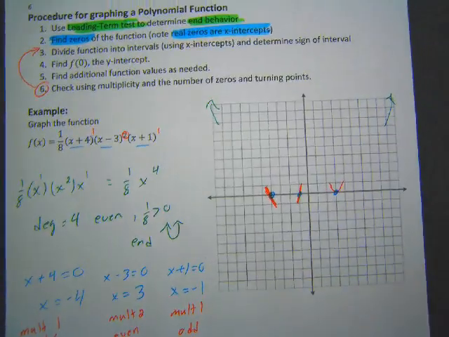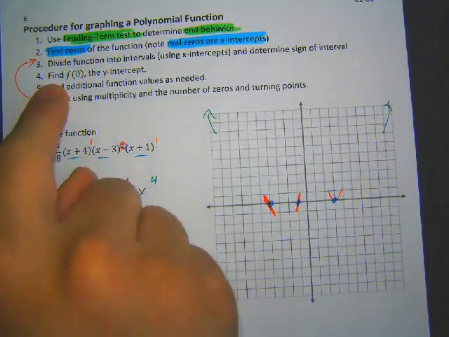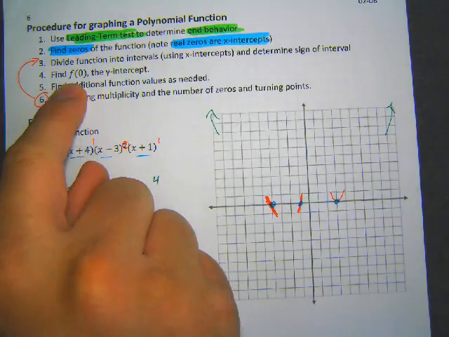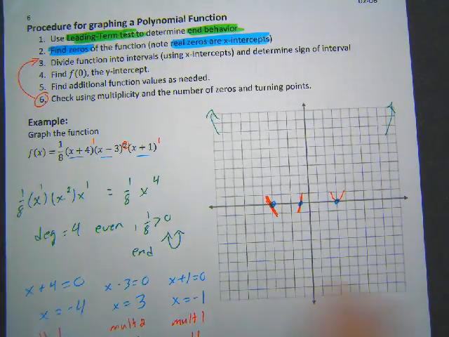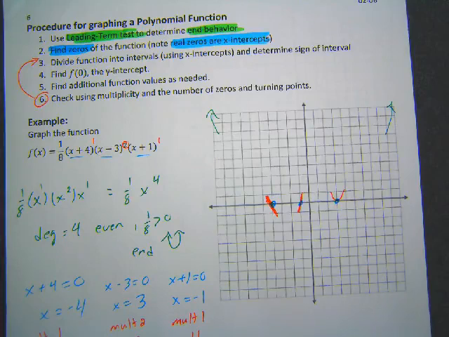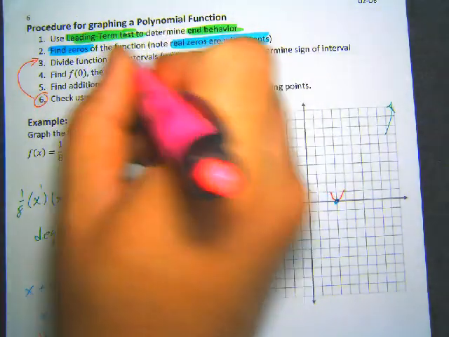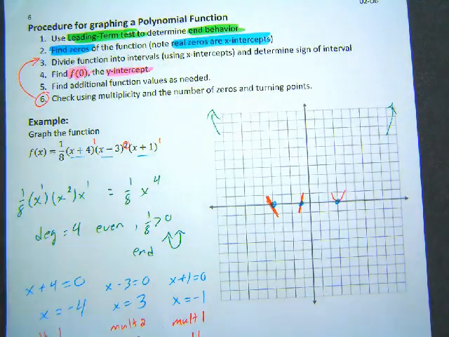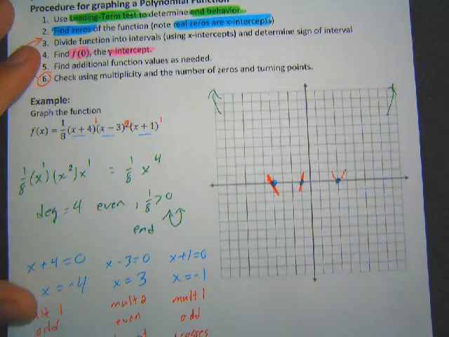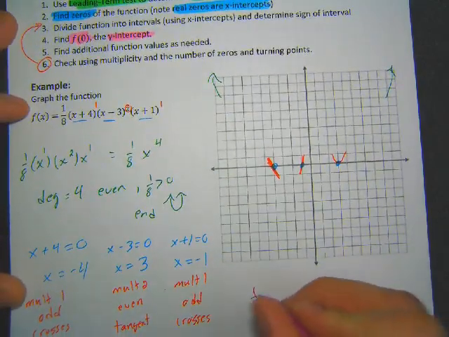If you want a better graph, it's good to do number 4, which we want you to find the 0, or the y-intercept. So let's go ahead and just do that. Number 4, we'll actually find the y-intercept. So y-intercept you can find just by plugging 0 in. It's an easy thing to plug in, so that's why we'll do it. So if we plug in 0, so if we do f of 0,